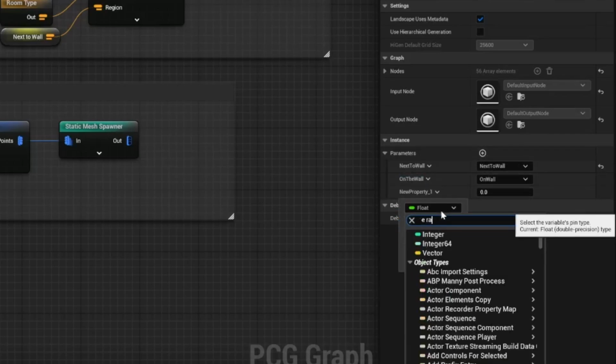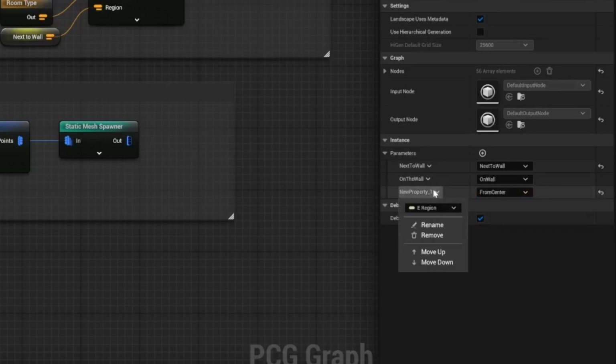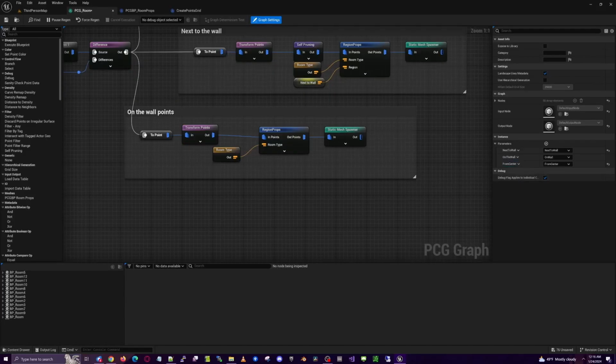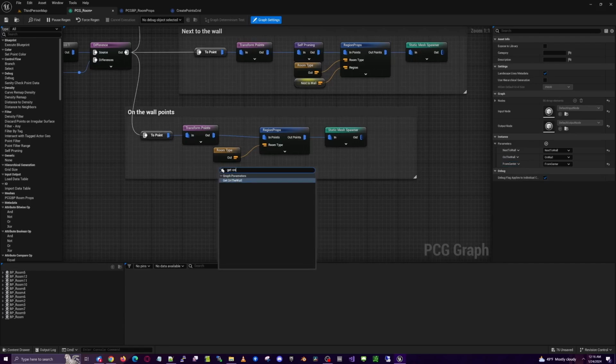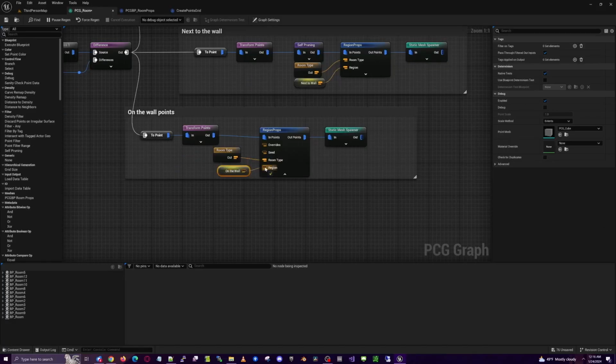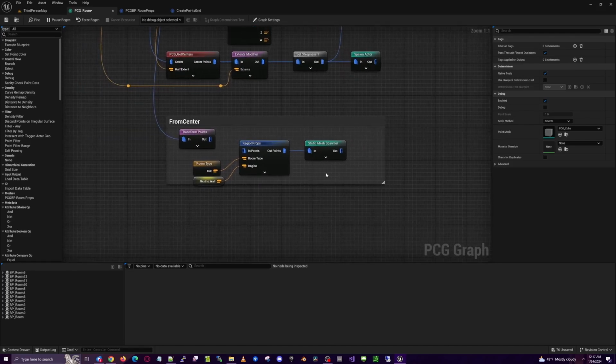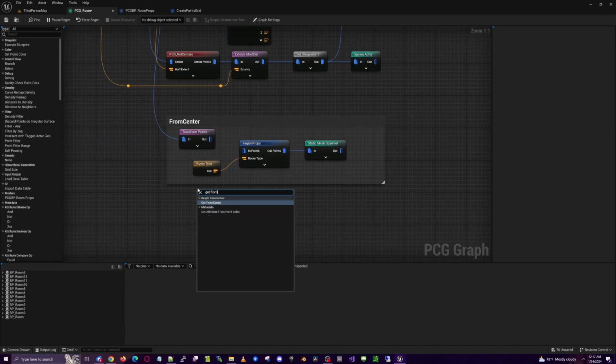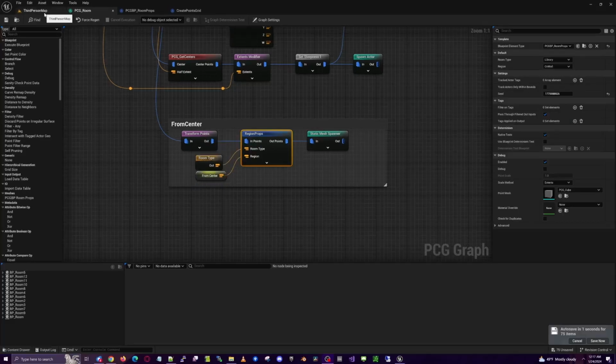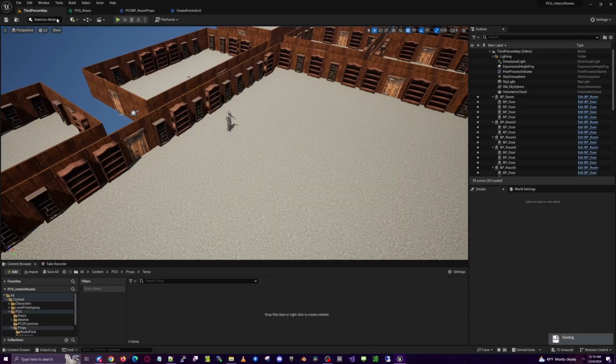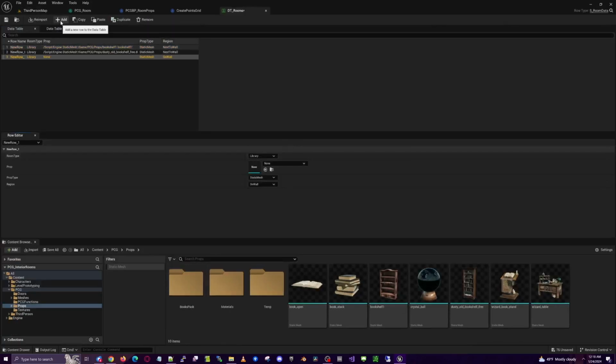And E-region. From center, rename from center. All right, now we can get that here. Plug that into our region, and then over here at the center, same thing. So now that those regions exist, let's go to our data table and add some props, DT rooms, and we'll